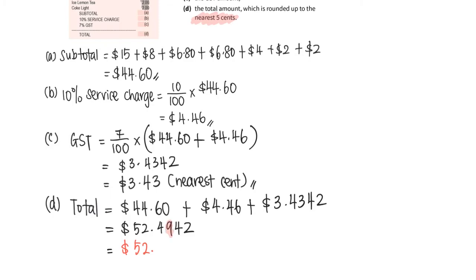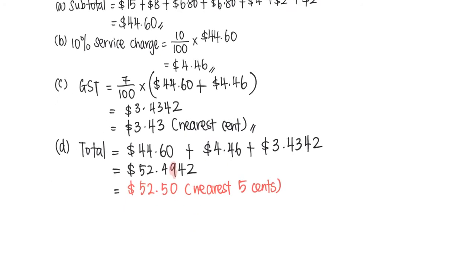This number is closer to 50 as opposed to 45. 5 cents, 45, 50. So this one will be 50, nearest 5 cents. And for those who are not very sure what I'm talking about, I'm going to explain it using